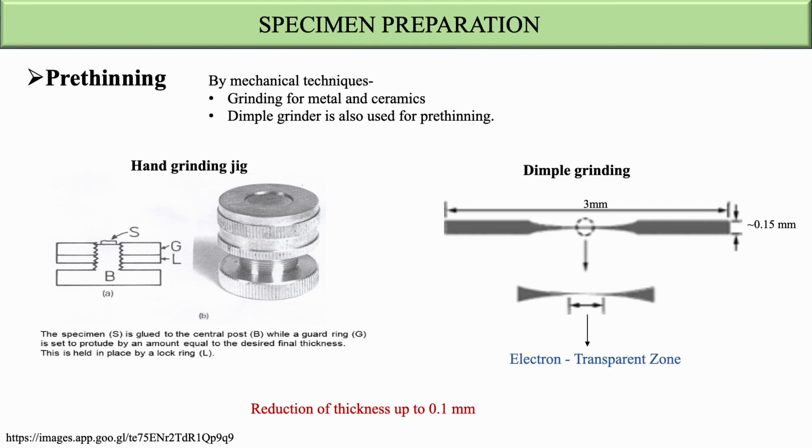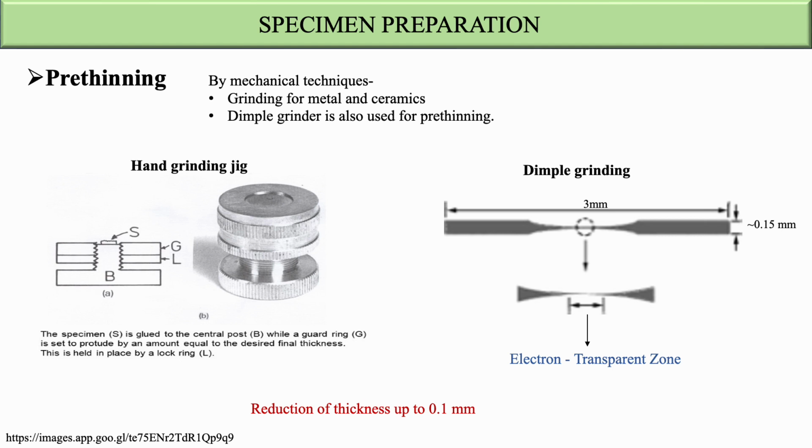So before mounting the sample onto the specimen holder, we need to make sure that the specimen is electron transparent, a thin sample. So how do we actually prepare that level of electron transparency? For that, we first reduce the thickness to 0.1 millimeter by some mechanical techniques like grinding, or we can use dimple grinding. This hand grinding jig is used to reduce the thickness uniformly, keeping the planes still